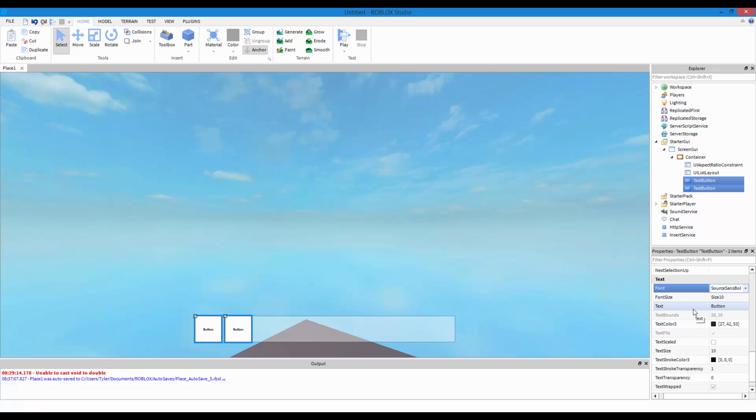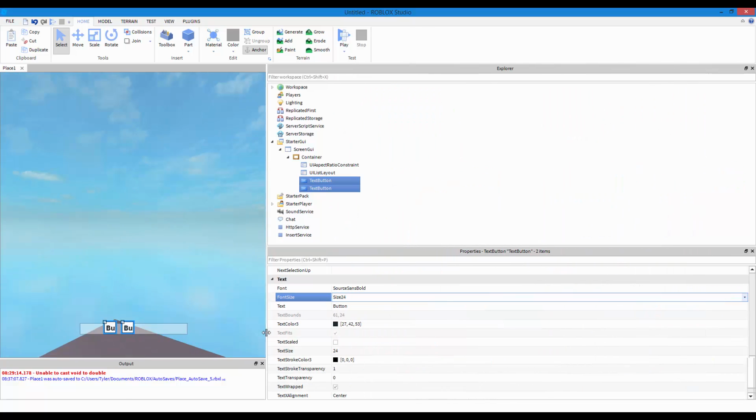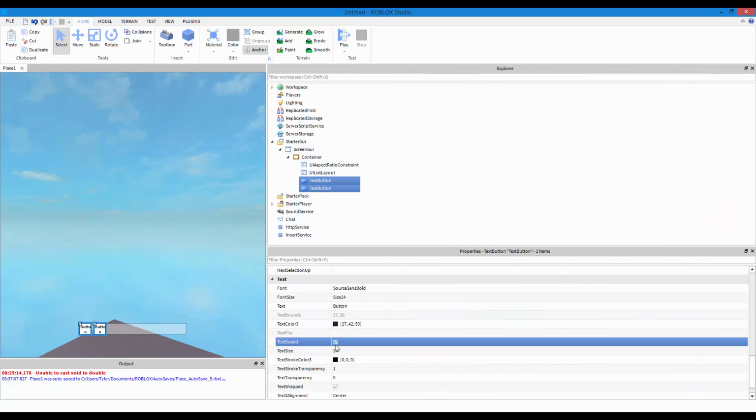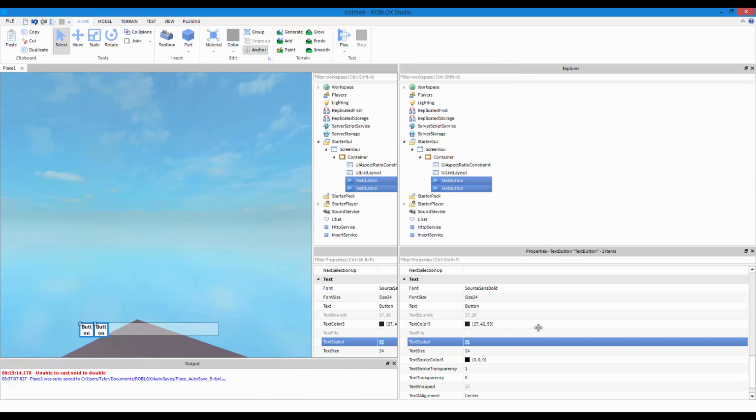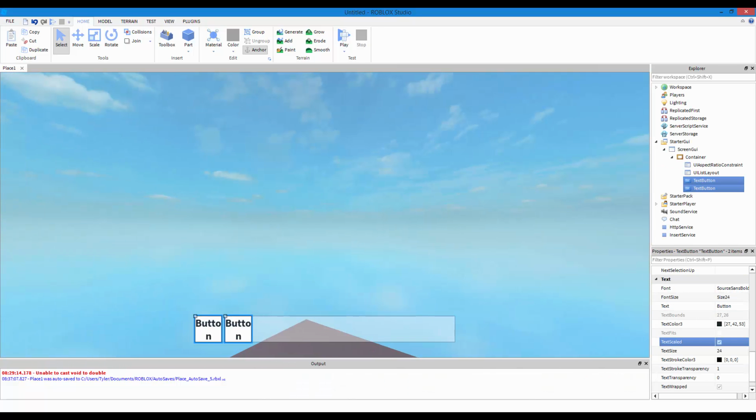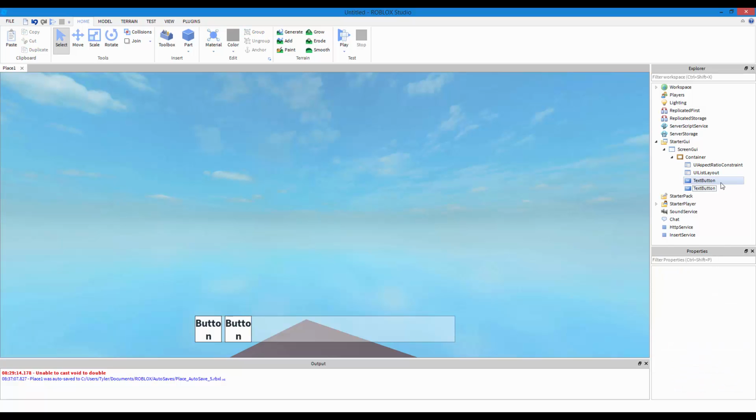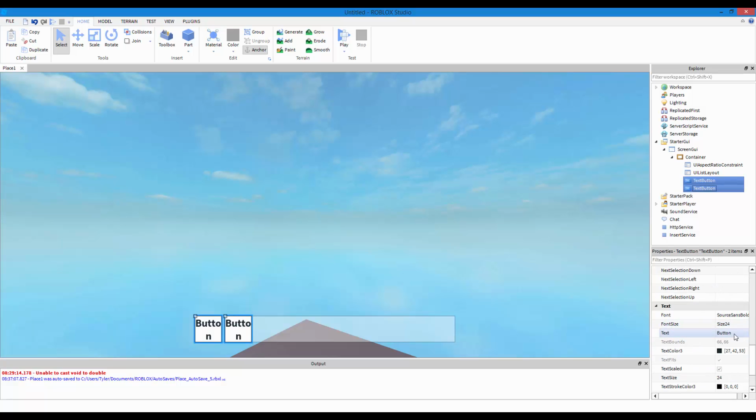I'm still learning, which this stuff is very useful. 32, 28, 24. Maybe text scaled should be on. I'm not sure. But anyways, you guys can mess with the text size and stuff.